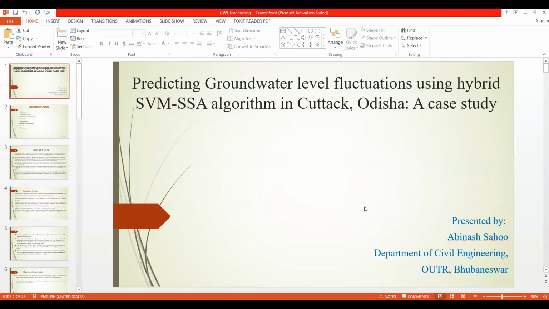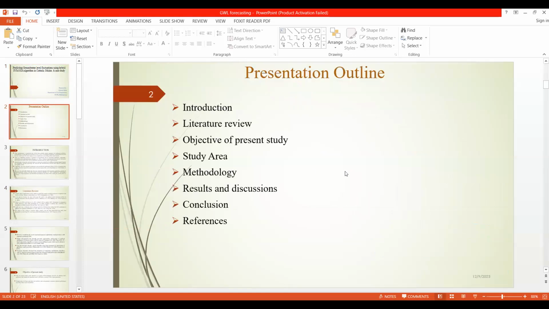Good afternoon, everyone. My respected panelists. I'm Avinash Sahu, and I'm going to present on the topic predicting groundwater level fluctuations using hybrid SVM SSA algorithm in Cuttack, Odisha, a case study. And this is my presentation outline: introduction, literature review, objective of present study, study area, methodology, results and discussions, conclusion,